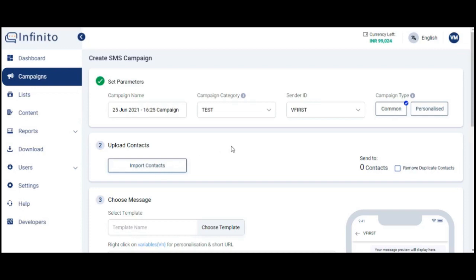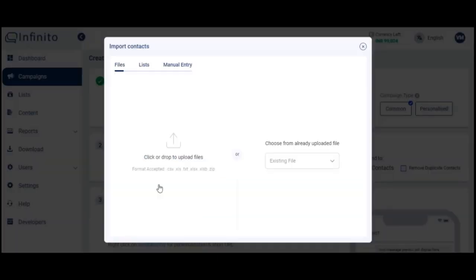Now come to step 2. Here you need to upload the contacts. Click on the Import Contact button. Here you get 4 options to upload the contacts. You can upload the contact file in these predefined formats or choose an existing file.